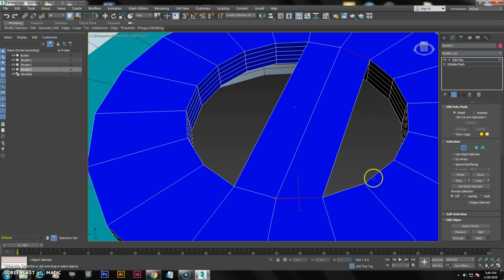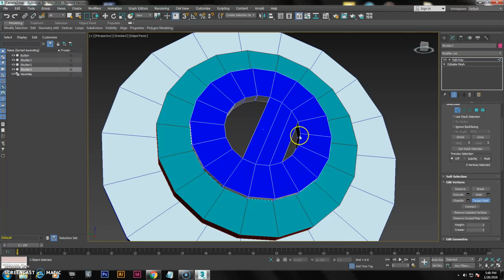So once you get these two paired, you'll notice you'll have these ones left over. So what you can do, instead of having to bridge all the way, is we can slice an edge to connect the middle through here, and then you won't have to finish the bridge. So I'm going to pause the video for a second and I'll delete the edges so you can see what I'm talking about. Alright, so I deleted all the faces on the inside here, and I just did one more